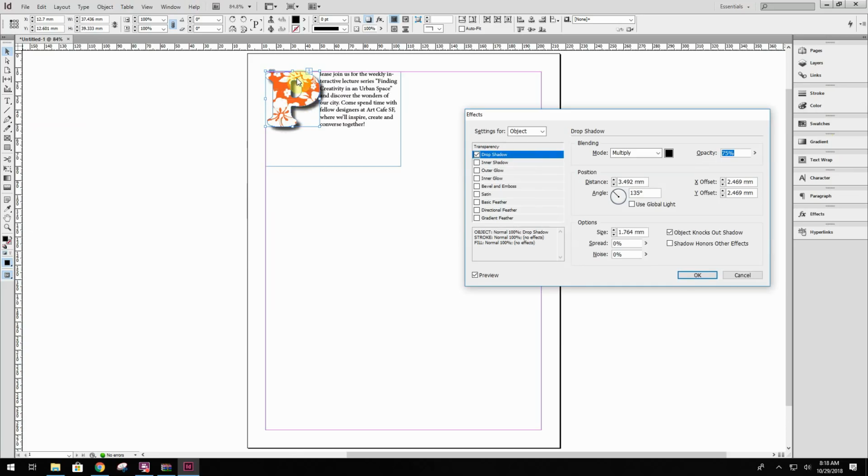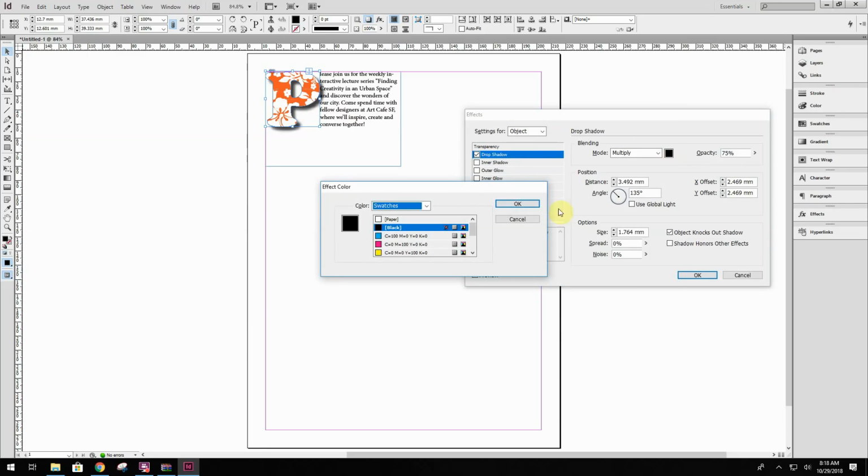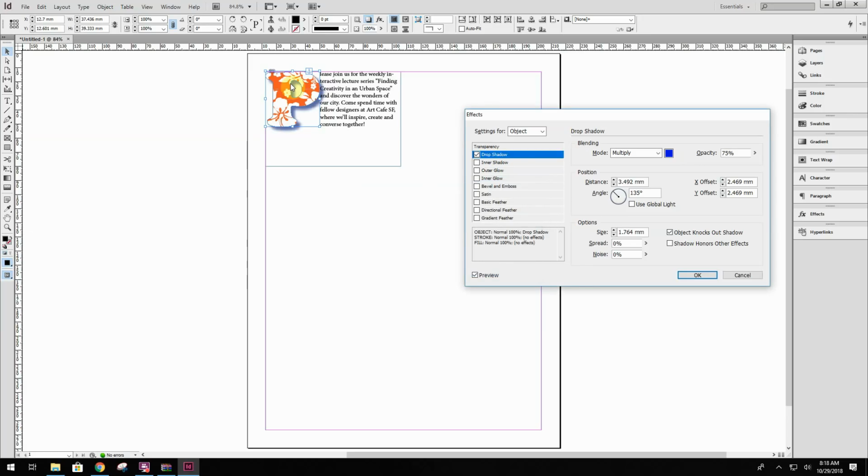Immediately it adds this black drop shadow, but I might say to myself, I don't want it to be black. That doesn't fit what I'm going for here. So I can change the color from black to any color I want. This gives me a few swatches, but I can choose any of these and it'll give me the option to adjust so I can create any color. In this case, I'm just going to choose the dark blue in swatches,